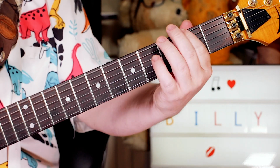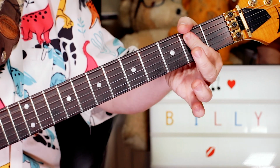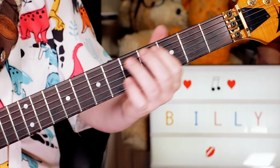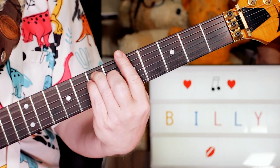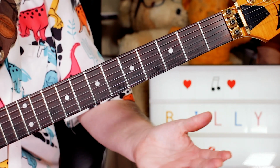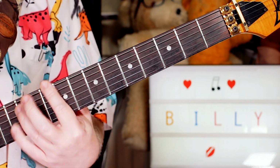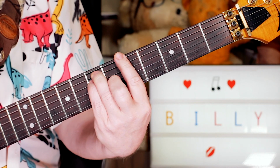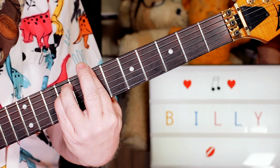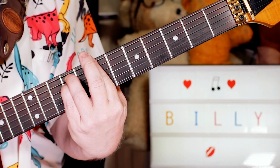And the second time, same, that's the same, and then I'm playing open E, so I'm playing D to A, and then just sustain. I did a bit of whammy bar,